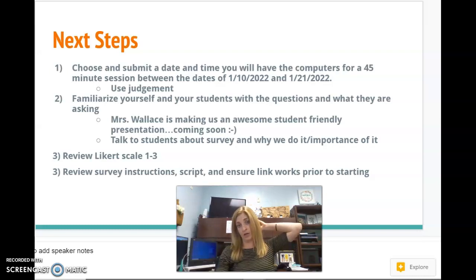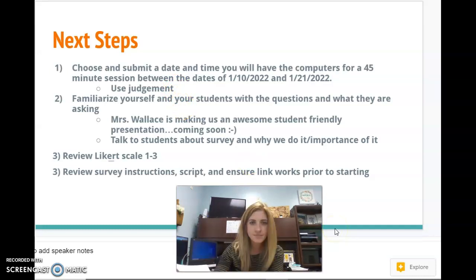So if you just pick a date and a time, and if you could create an Outlook event and send that to me, that would be great. If you know how to invite attendees, just add me in there and put your date and time. And I'm going to use that to be able to check our dashboard and see who's completing what as needed.